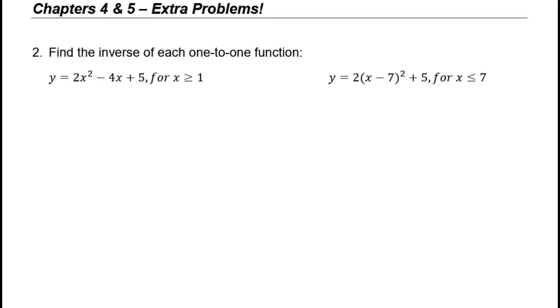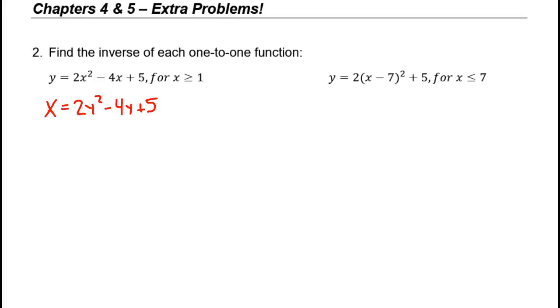Okay, folks, the next example problem I'm going to do for you is finding the inverse of a one-to-one function. If you recall from class, the first step we need to do is to switch the x and the y variables in the equation. Okay, so the x and y variables are now switched, and the next step is to